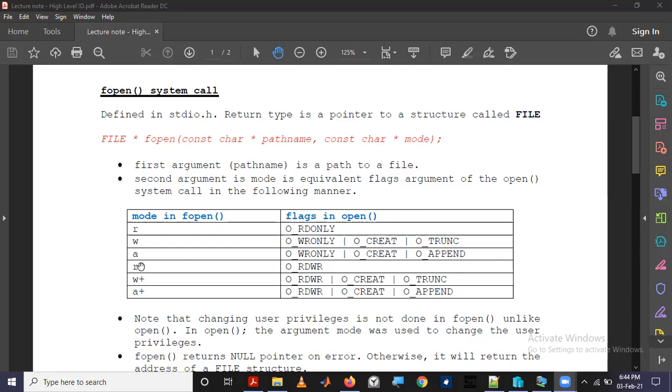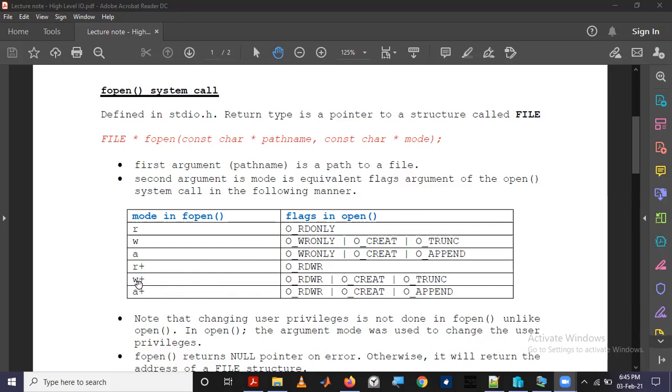If you specify with plus, it will be open for both read and write. As you can see in these three rows, if you say R plus, W plus, or A plus, it will be open for read and write. But the difference is if it is R plus, it will not be created or truncated, so if the file does not exist, it will not be created, and if the file exists, it will not be truncated or appended.